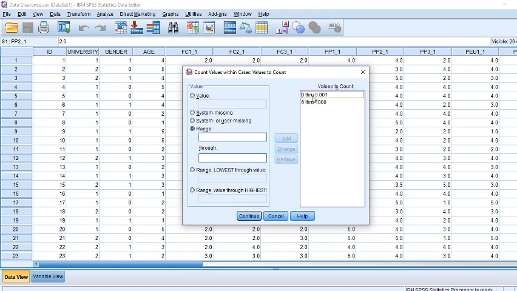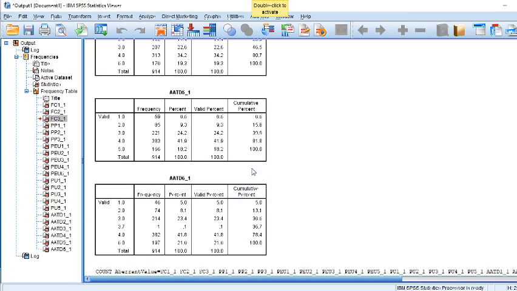So this is the range. Aberrant values may be from a lower range, below 1, then 0 or 0.00 something, that is not in your range. Your range is 1 to 5. Either below 1 to 5 is an aberrant value, or above 5 is your aberrant value. So above 5 is 6, and from 6 to 1000 there may be anything. Then you will press the Continue button, then the OK button.